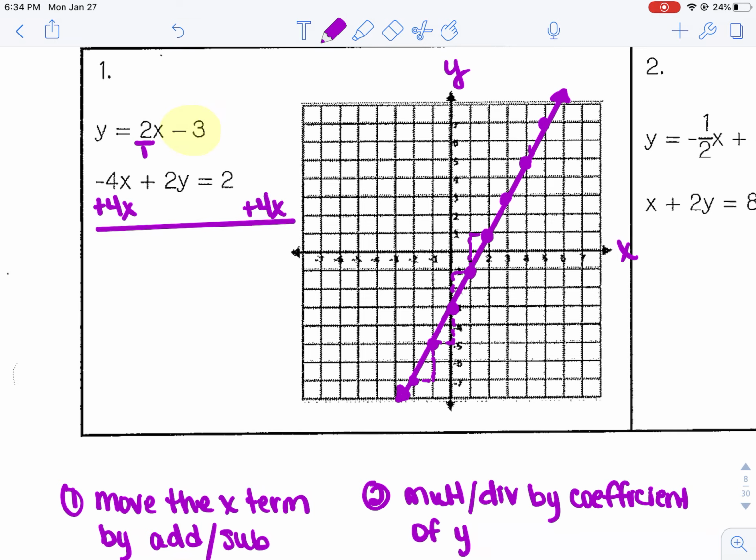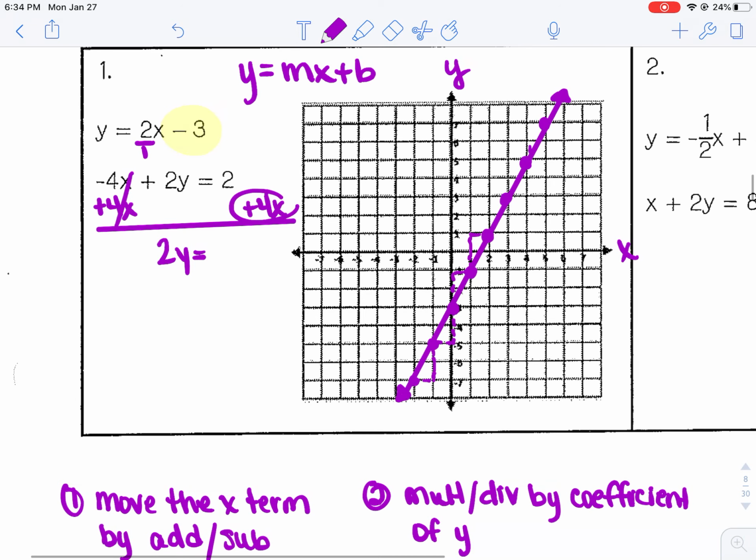Okay. I am not adding that 2 plus 4x over there. Okay, those are not like terms. I cannot add them together. We know that y equals mx plus b, so my mx term needs to go first. So I'll put 4x, 2 is positive, so I'm going to bring down that 2 and make that a positive